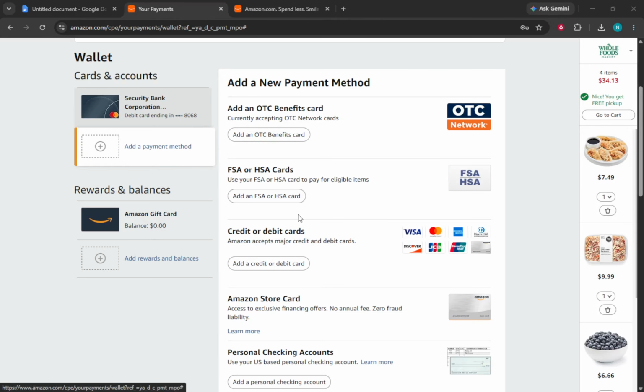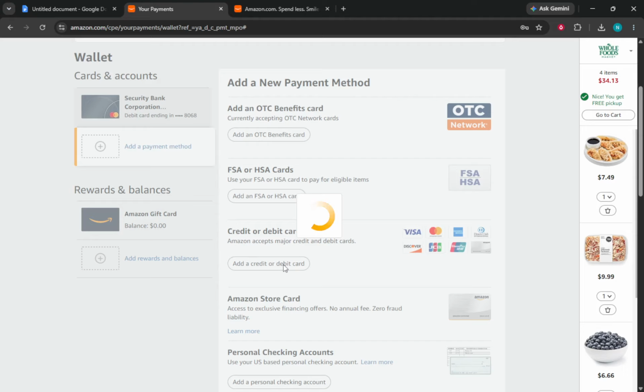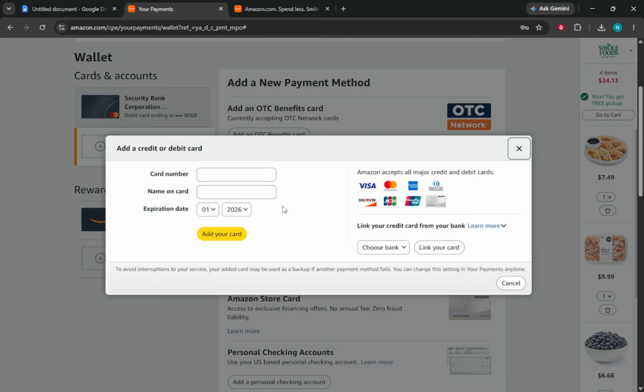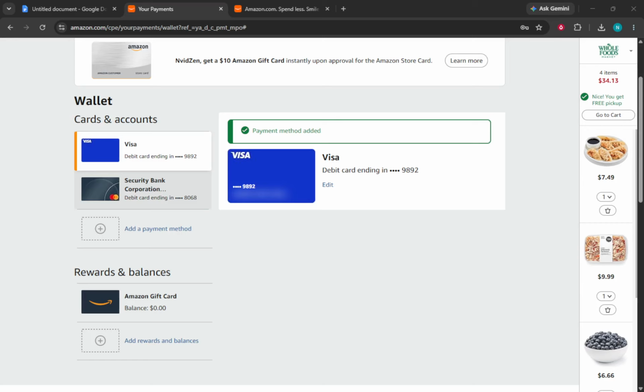Now, select the card you want to use for future Amazon Fresh purchases. This step is crucial because it sets the foundation for future transactions. As you choose a card, make sure it is valid and has sufficient funds available. You will see the card details displayed clearly, giving you a chance to double-check your selection. Taking the time to ensure you have the correct card selected can prevent any issues during checkout later on.